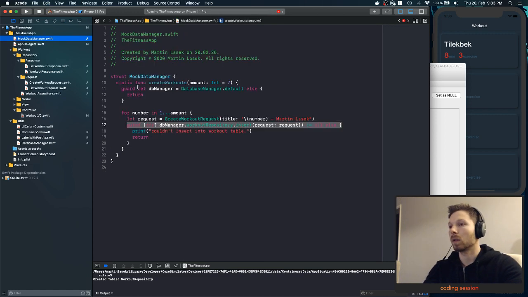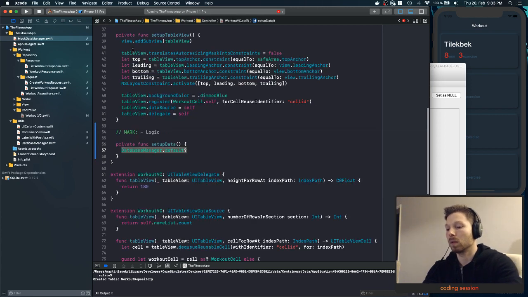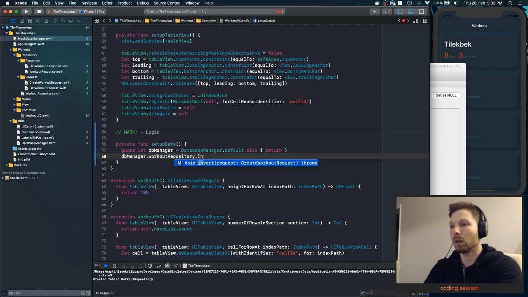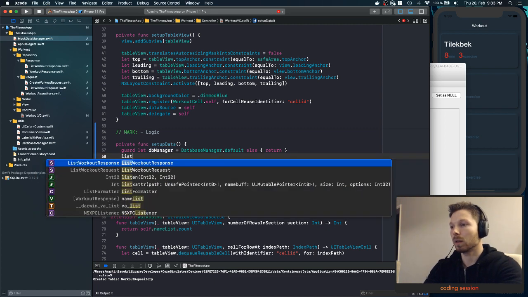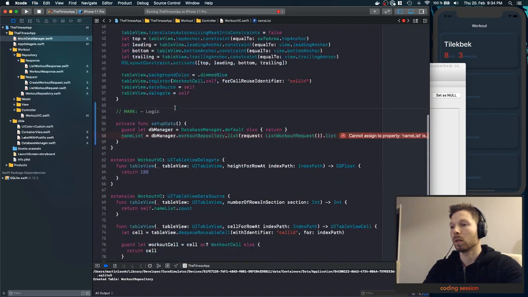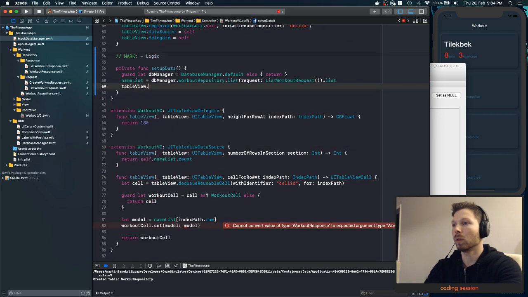And then we can say basically database manager workout repository list workout request, and say our list name list basically, and we will map the result that we get into, oh no, we're getting actually like that. Nameless, just let constant. So now we can, once this is done, we can say table view reload data,